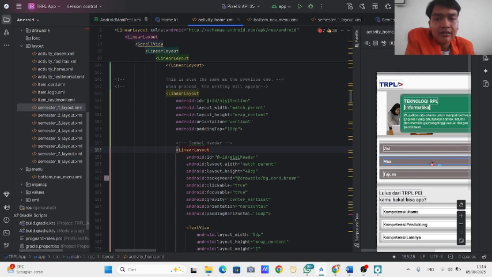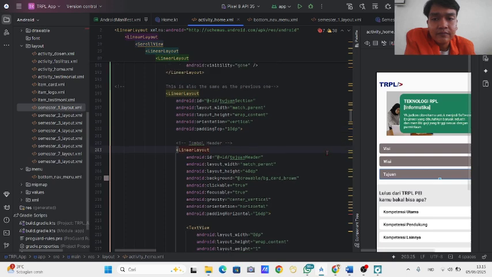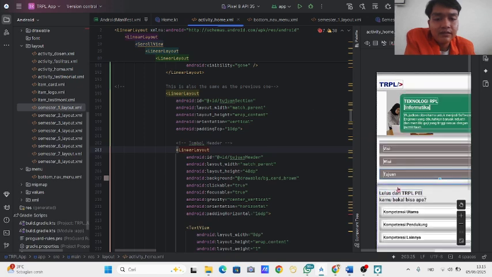This is also the same as the previous one. When pressed, the writing will appear. This is also the same as the previous one.